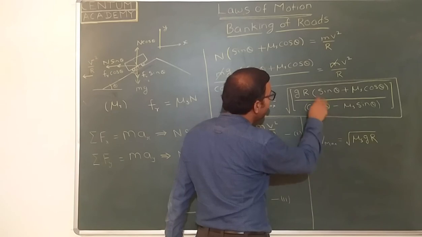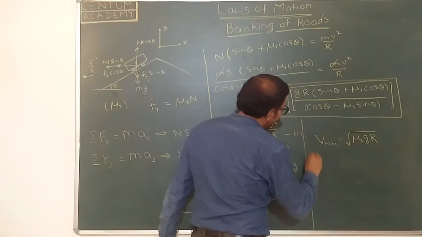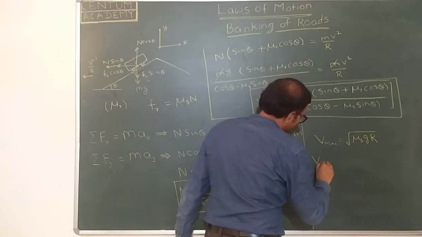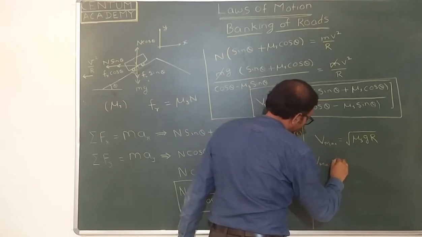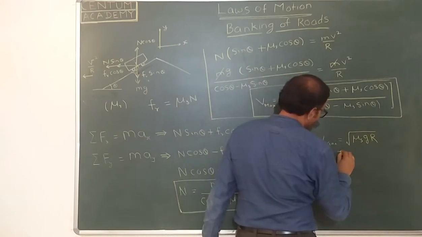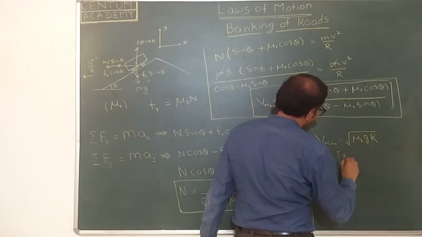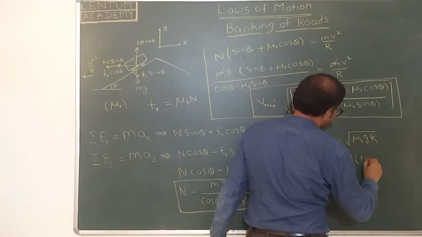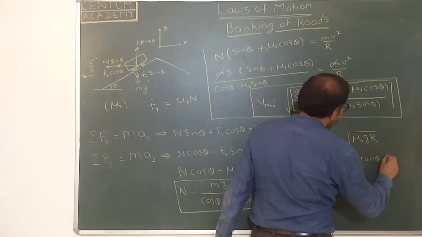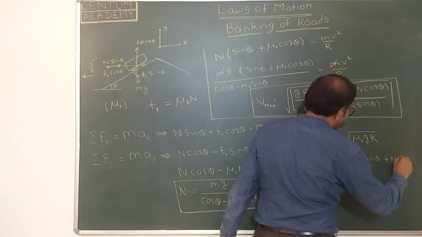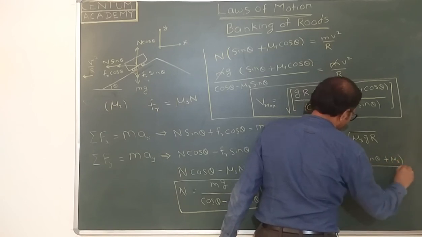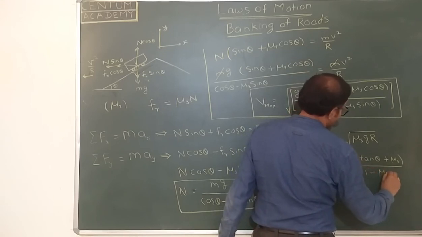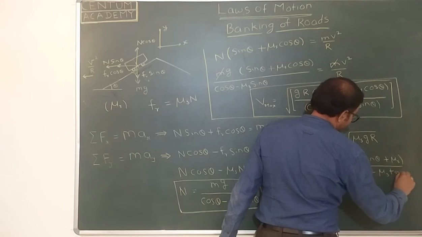In order to compare it, what you should do is divide numerator and denominator by cos theta. So it will become tan theta plus mu s divided by 1 minus mu s tan theta,